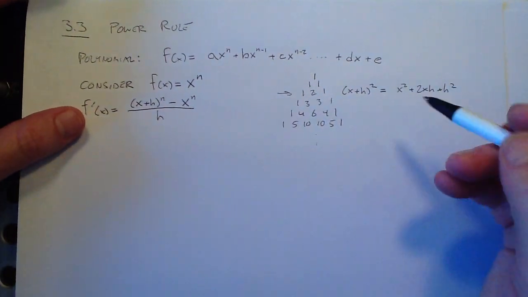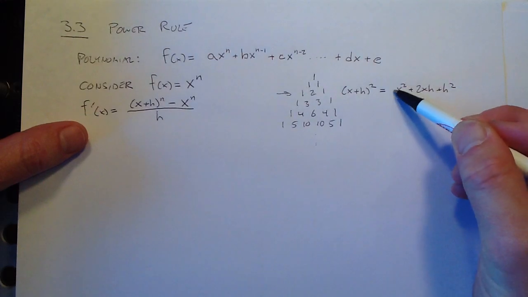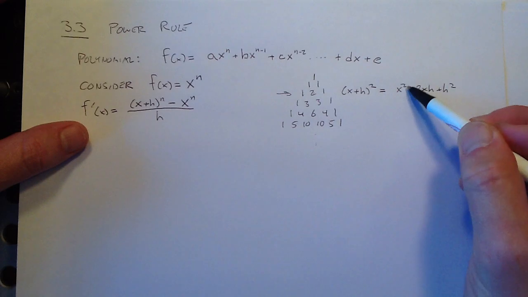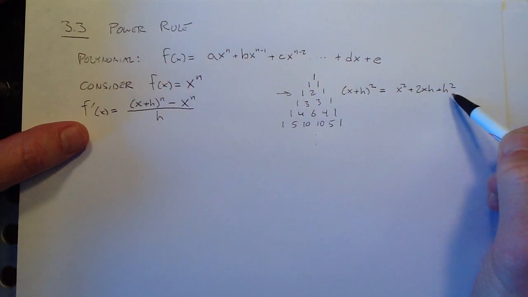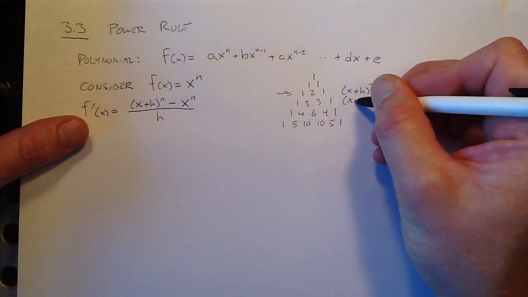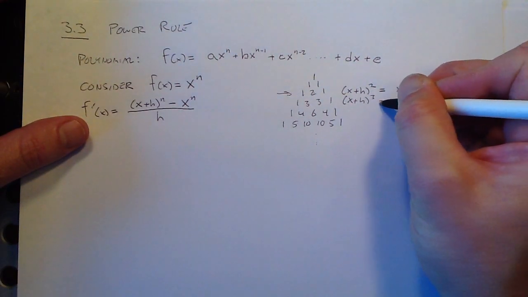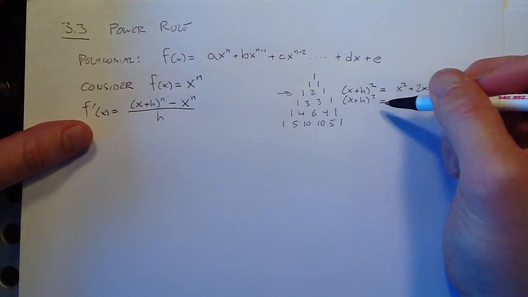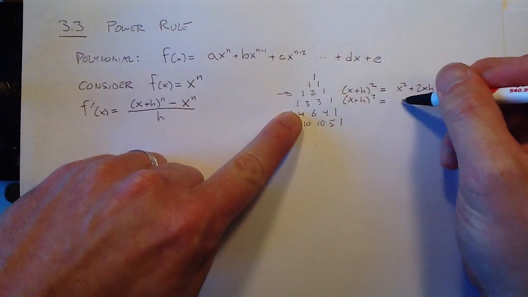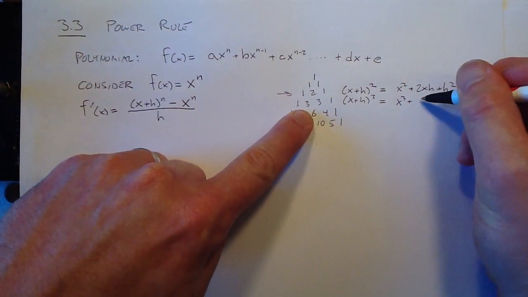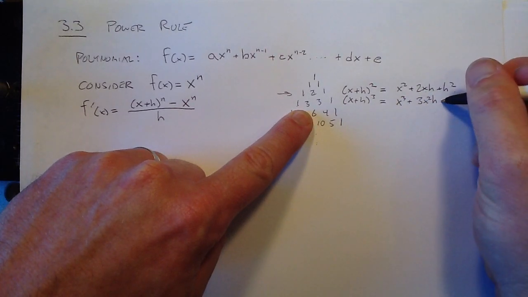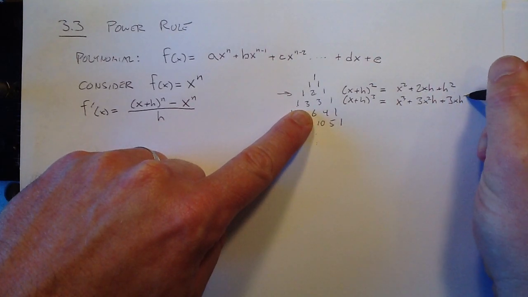You do have to know how the exponents behave: the x's start maxed out and go down by 1 power, and the h's start at h to the 0 and go up by 1. You've done this enough that I think you understand how that works. So x plus h cubed, which is a lot more work to do the long way, the short way would be 1x cubed plus 3x squared h. X's go down 1, h's go up 1, plus 3xh squared